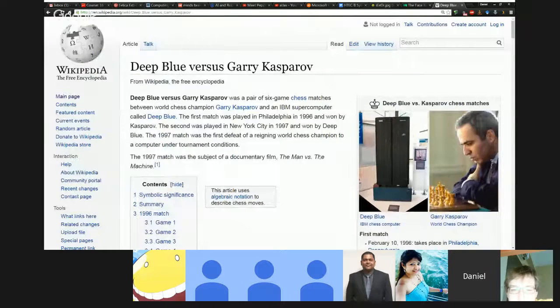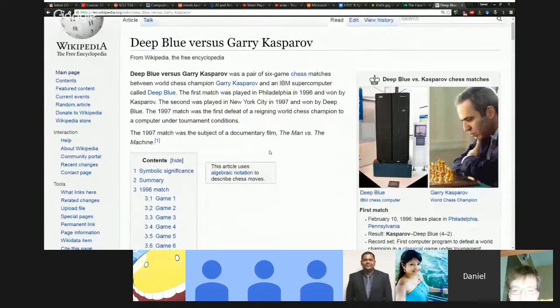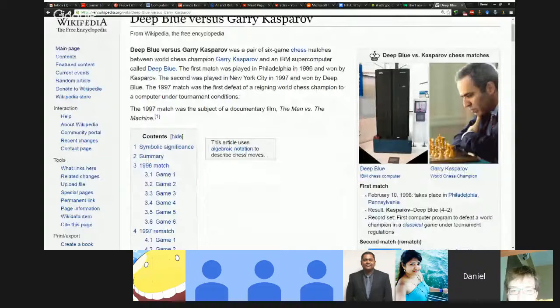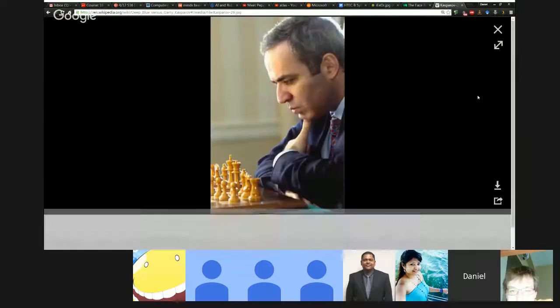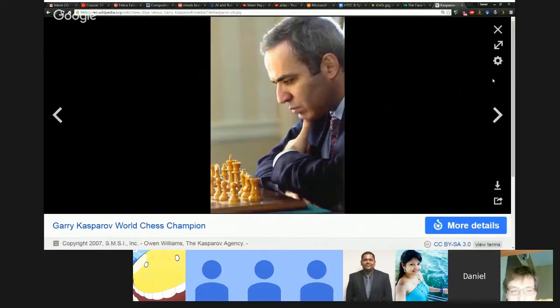Deep Blue is the IBM supercomputer. It can calculate 1 billion moves a second. Kasparov is the best chess player of all time. At the time, he was the strongest chess player that we thought had ever lived. They rank chess players. You start off as a novice and you become a master, and then the grandmaster is the highest chess rank. And they used to say that there were the grandmasters, and then there was Kasparov in a league of his own.